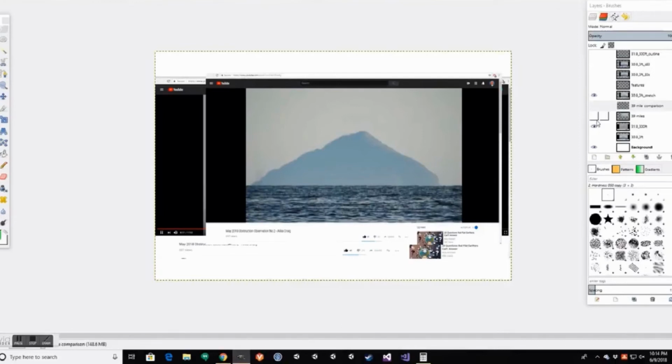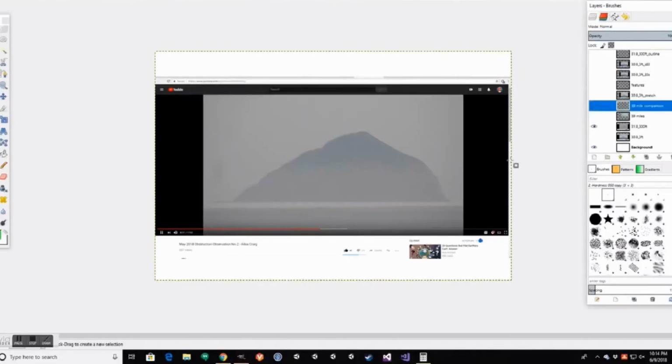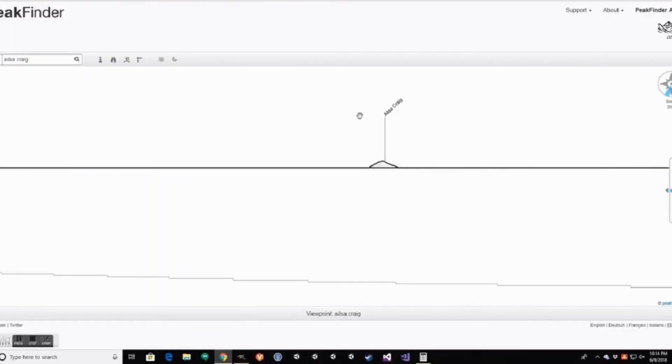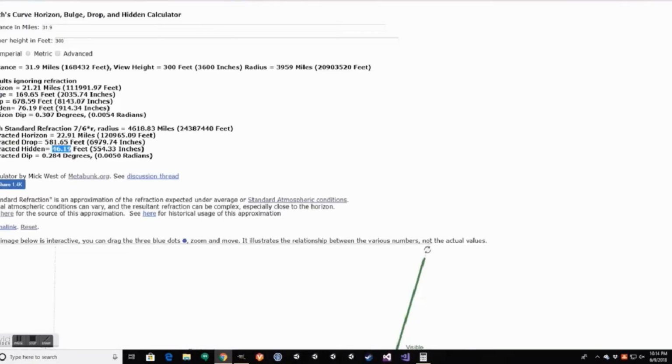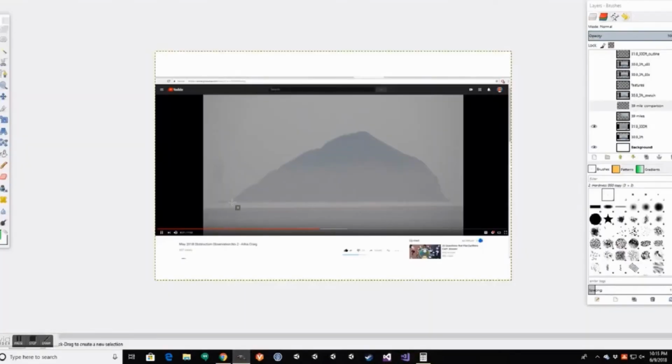And if we go back to this one, Peak Finder shows us very, very similar view, but again, I think the very, very bottom of the island is expected to be cut off, and I think that matches this estimate right here, which says that the bottom 50 feet is expected to be cut off right there, but I think maybe we're seeing just a little bit